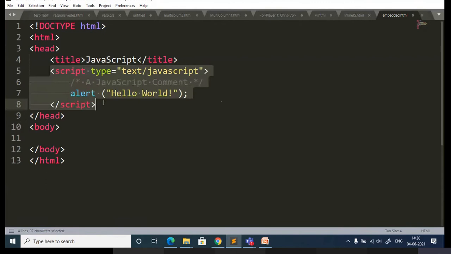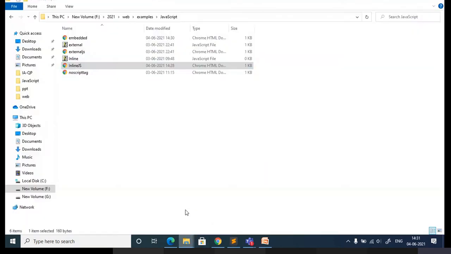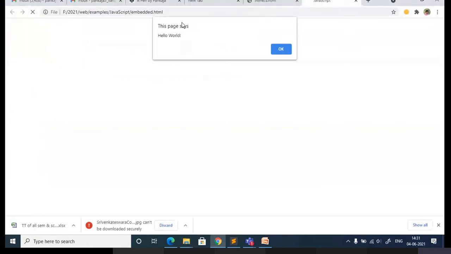Okay, is it clear? Whatever JavaScript you want to add should come under the script tag, between the opening and closing tags. So just run this part. You can see this is the output I am getting, hello world. If you refresh, you will get the output.